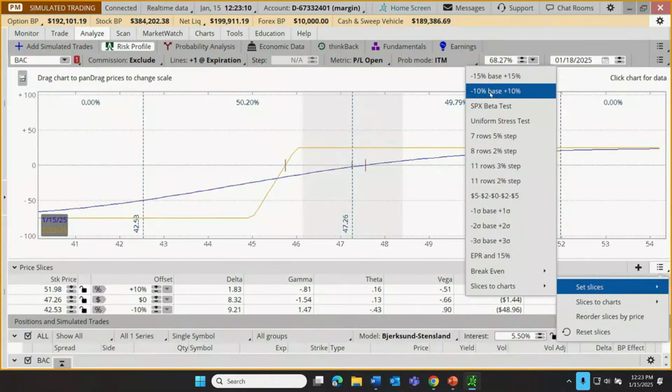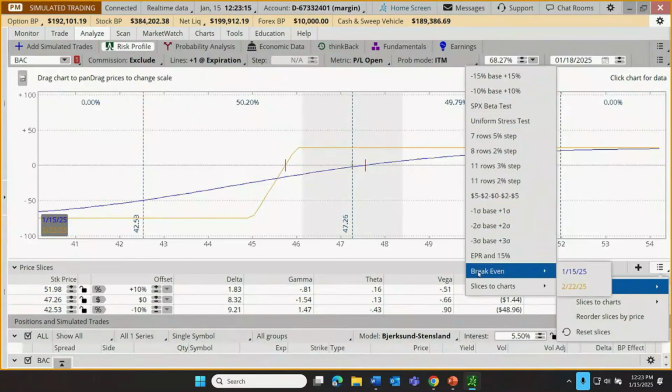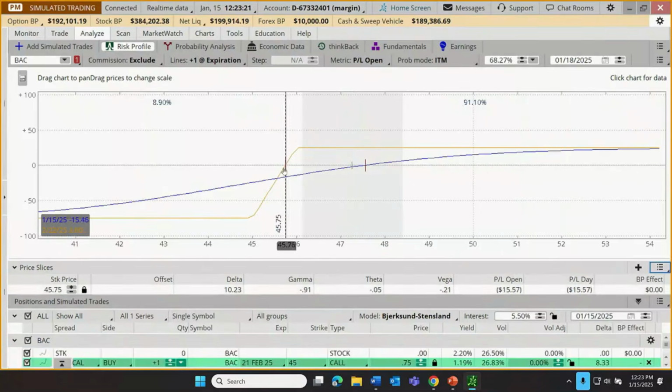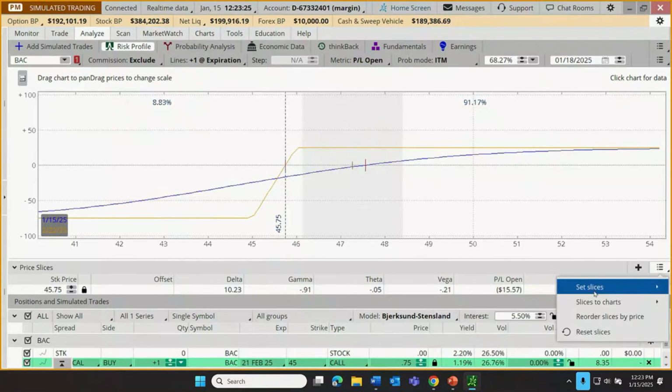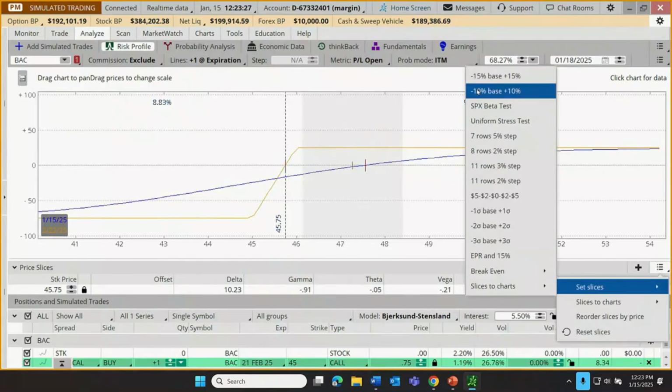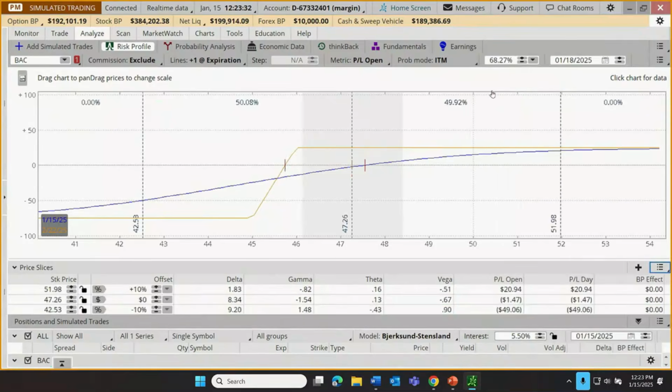Is there something else I could do? Yeah, one common thing that's done by traders is we can go to break even. Maybe the trader likes to see where that break even point is on their chart. It just draws that price slice right there. Now we can change the price slices using this menu. Let's switch it back to base plus and minus 10%, or we can start to move the